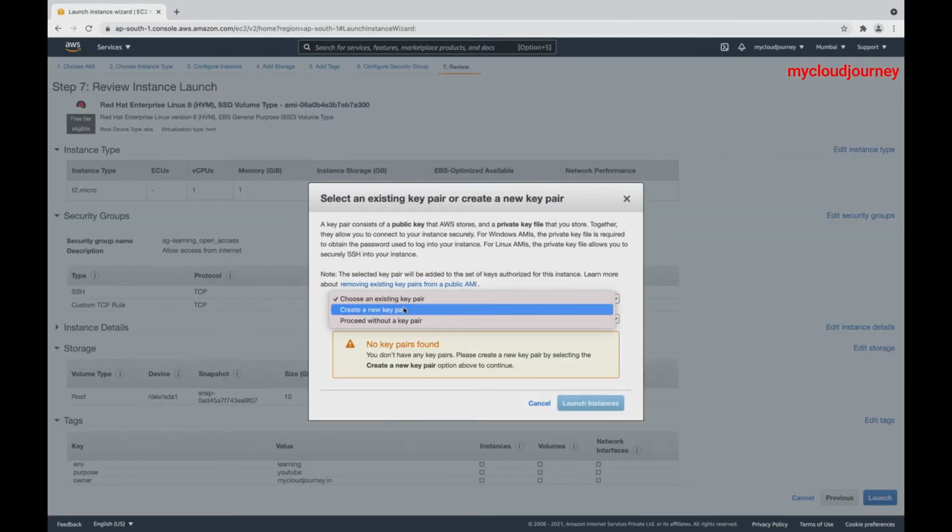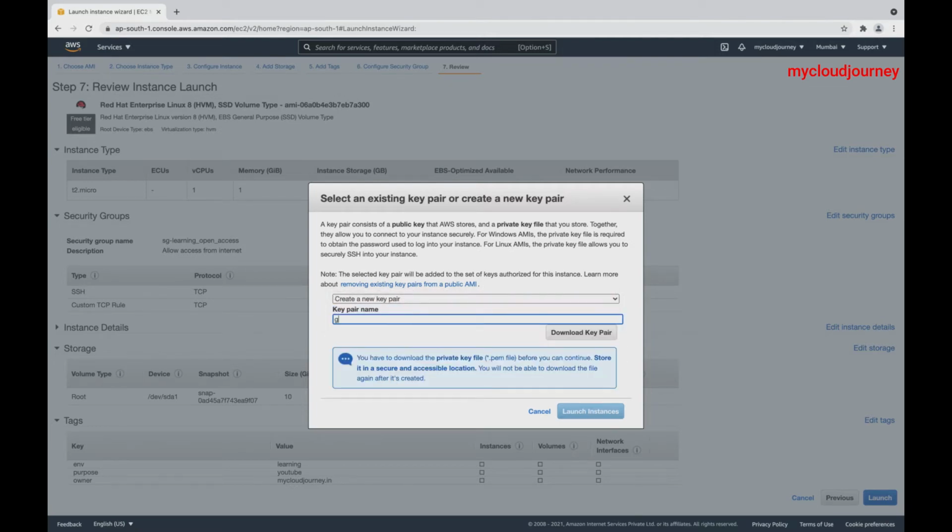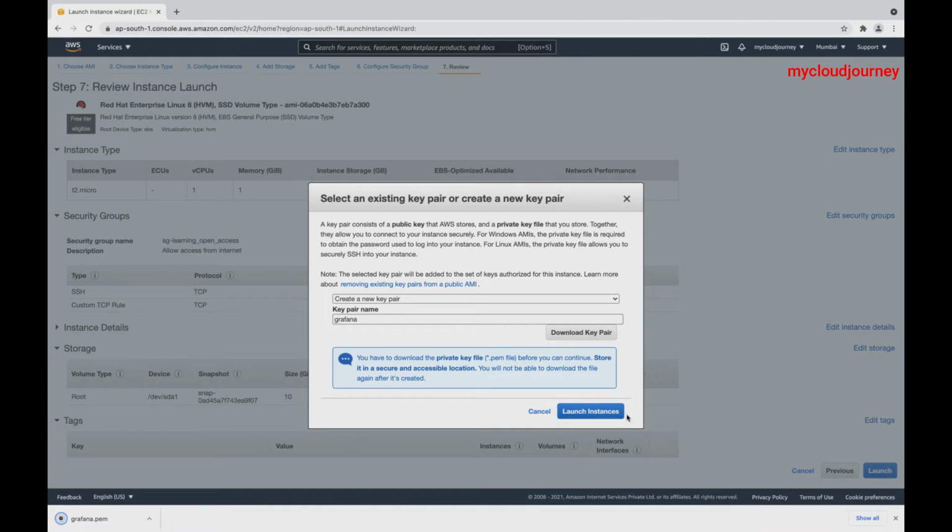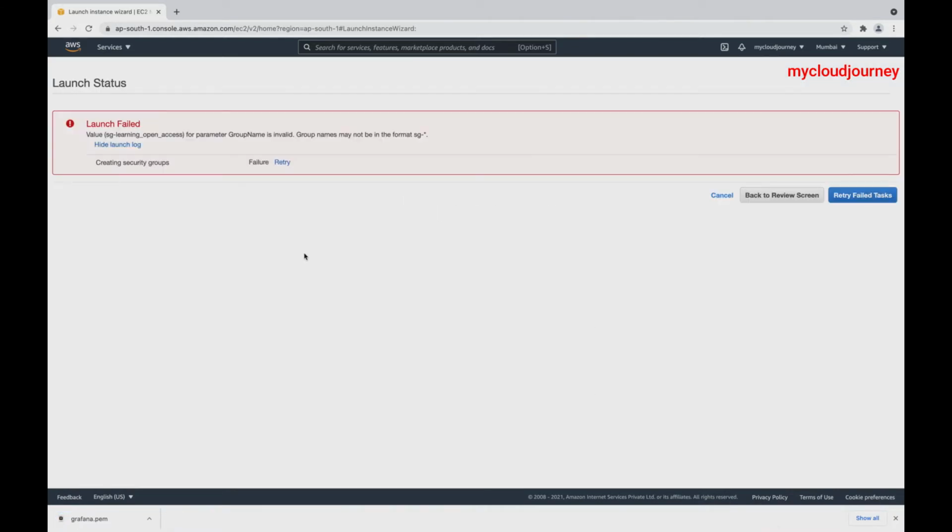To access the EC2 machine, I need to create a new key pair. So I will give it a name, Grafana, and then download, launch instance.